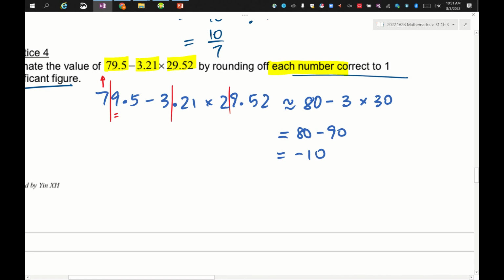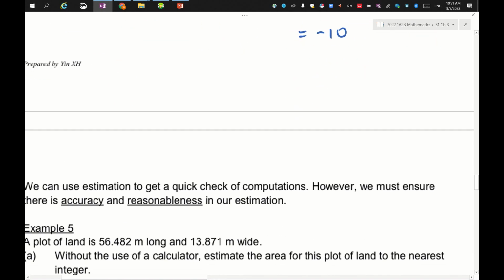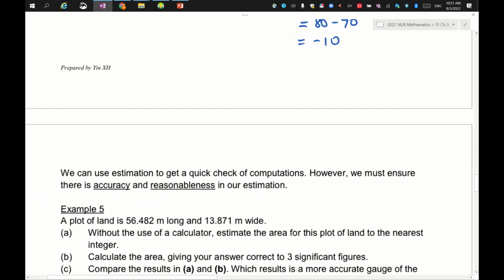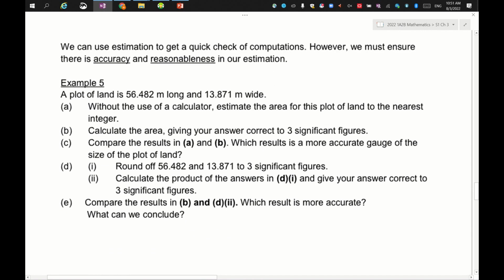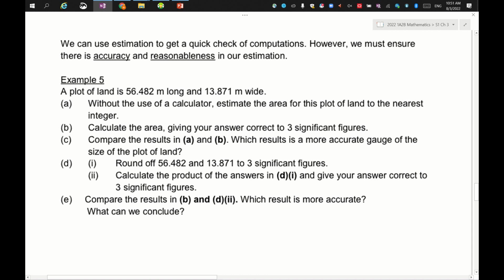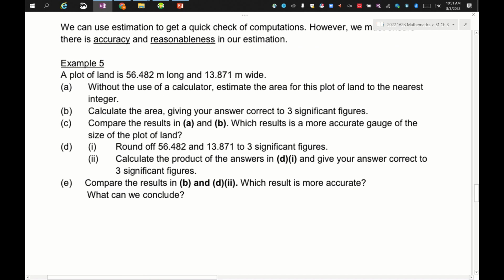Okay, so estimation can allow us to quickly check our computation. But we must make sure that our estimation is, to a certain extent, accurate. And it must be reasonable. So let's take a look at example number 5. What happens? We have a plot of land. It's got